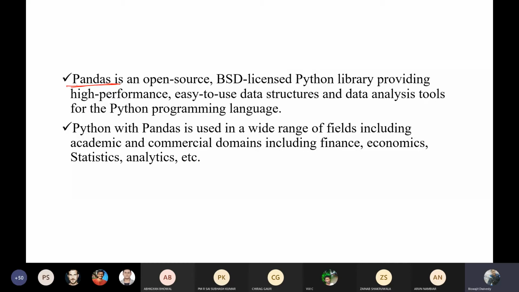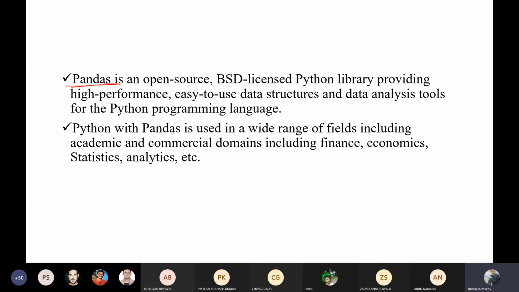Whenever some open sources are there, the restrictions with those are very few, so there will be almost no restrictions. Low restricted open sources are usually called BSD licenses, or Berkeley Source Distribution license. Whenever you find a BSD license, you should understand that it is mostly open source. You don't have to worry about their licensing.